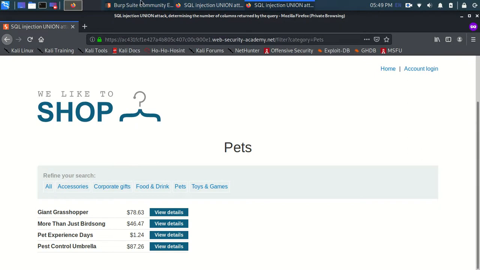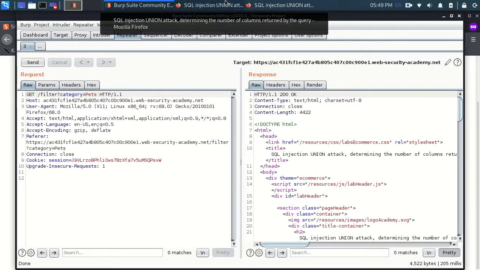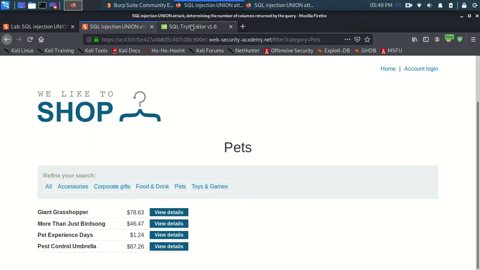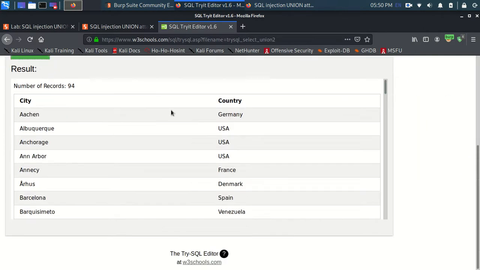Over here now we need to do an SQL injection union attack. Firstly, the union command is used to select both of these columns from these two tables. So when I run this SQL, we'll see cities and country columns.